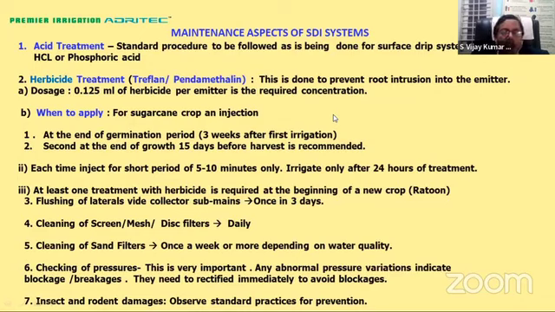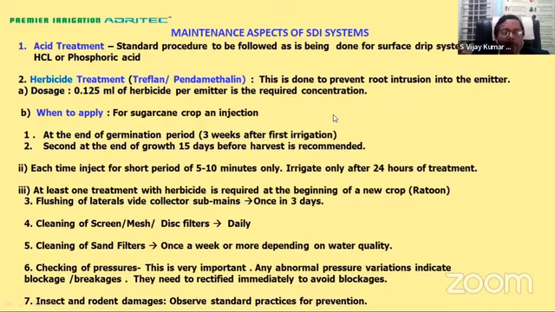So when do you apply this pendimethalin or the herbicide? Generally, number one, at the end of the germination period, 3 weeks after the first irrigation. Number two, at the end of the growth, 15 days before the harvest is recommended. And we'll generally inject it for a very short period of 5 to 10 minutes. After injecting it, you should not irrigate immediately. You should irrigate only after 24 hours, otherwise the chemical will get dispersed and will not get into the soil. So at least one treatment with the herbicide is required at the beginning of the new